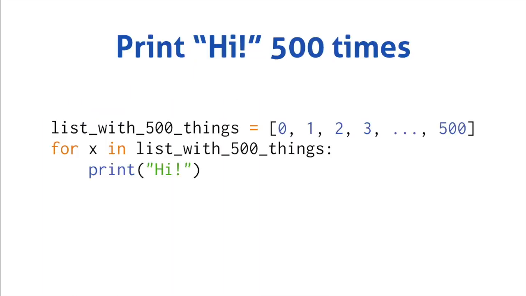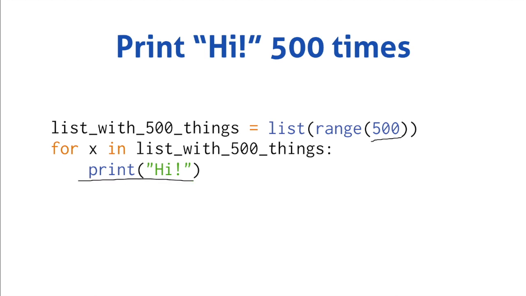So if we wanted to print out hi 500 times, then instead of having to create this list manually, we could create it by saying list in range of 500, and now we would run this print statement 500